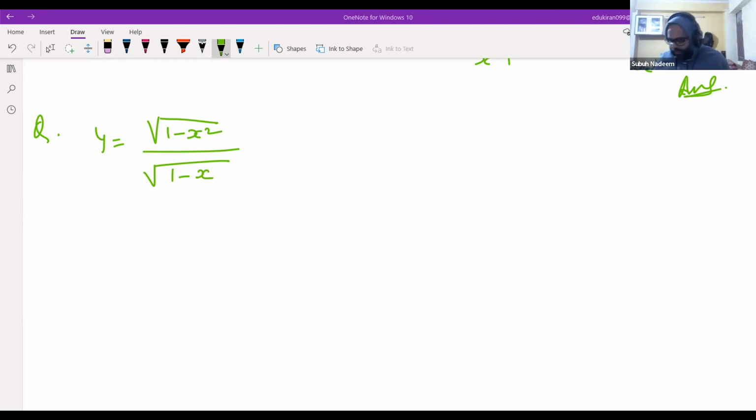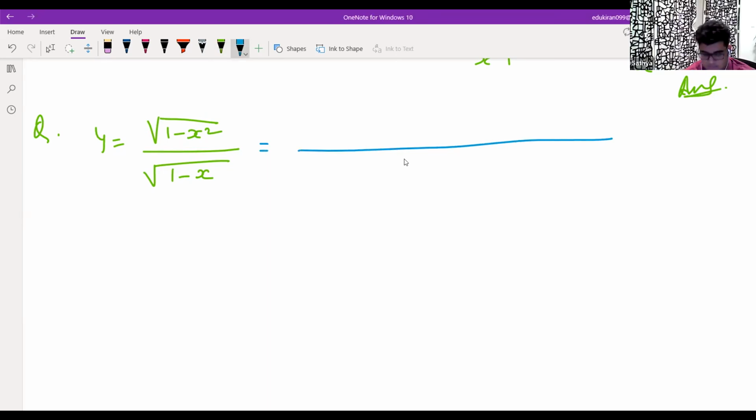Yes, Sathya, anything? Sir, I couldn't get the final answer. Can you tell me the next step? After this, I got it as half. Next step, yeah, so 1 by 2 into minus into 1 by minus x square, in bracket 1 minus x square